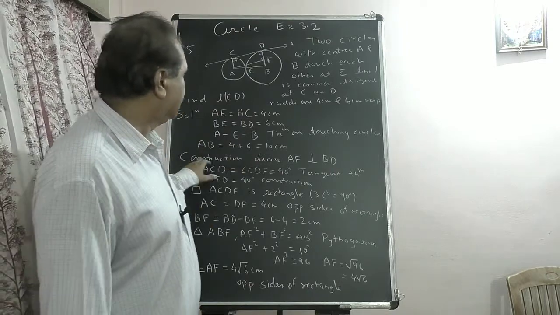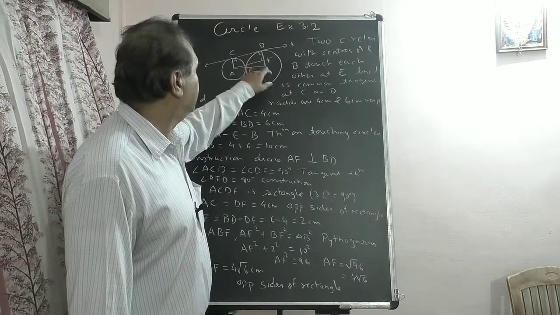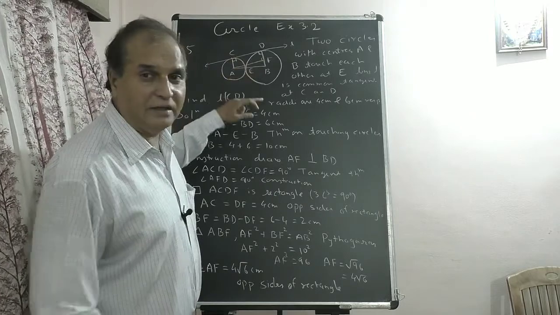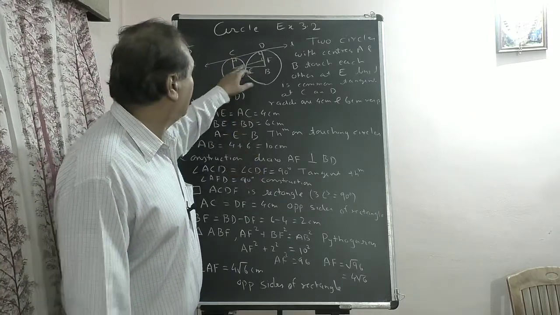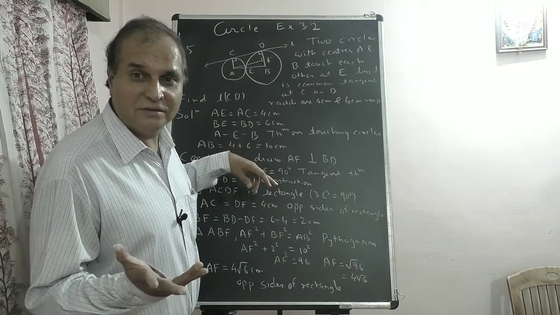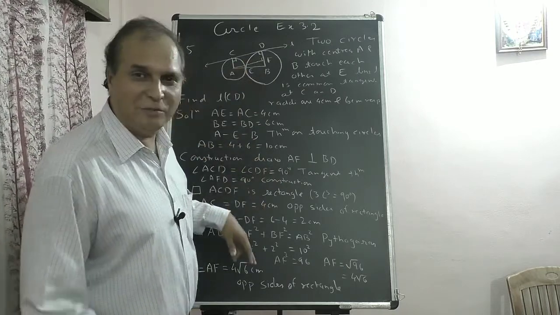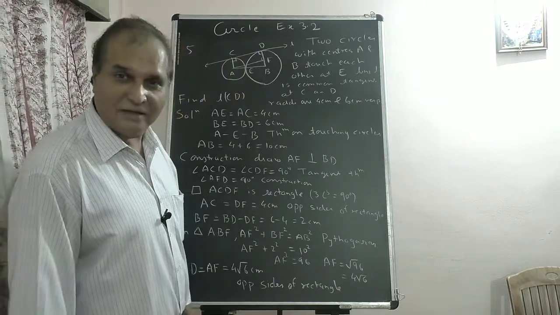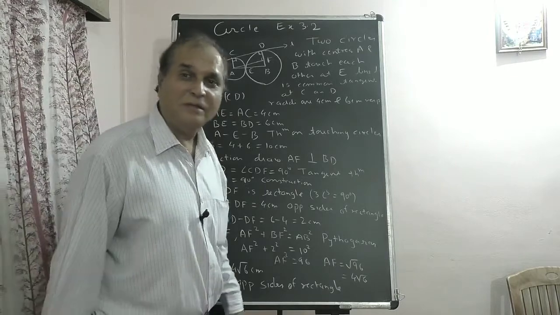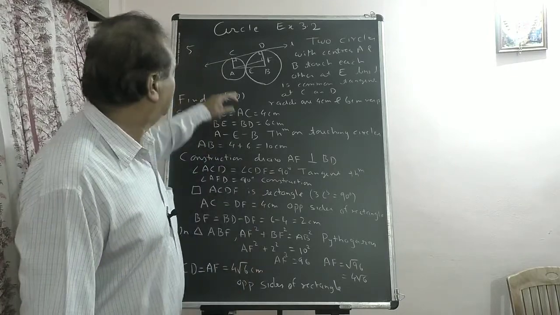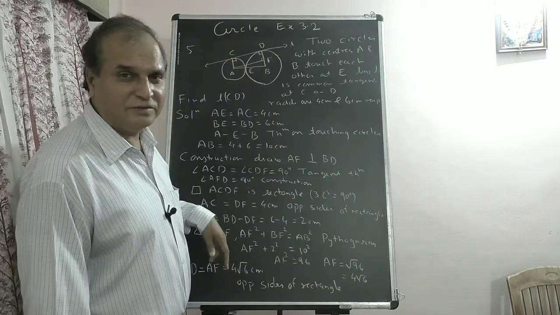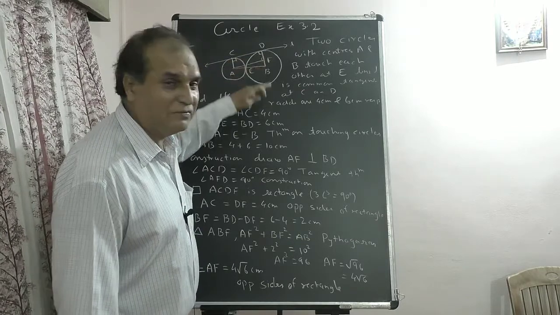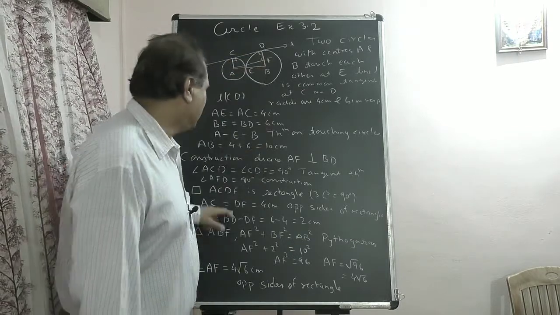Now here we need a construction. Draw AF perpendicular to BD. So this is a 90 degree angle. Now if you see, angle ACD is 90, angle CDF is 90, tangent theorem. Angle AFD is 90, by construction. Three angles are 90, so the fourth must be 90. So quadrilateral ACDF is a rectangle. Understanding? Okay. What are the properties of a rectangle? Opposite sides are congruent. It means AC equals DF, that is 4. BD is 6, the radius. DF is 4. It means BF is 2. Right? BF is 2.